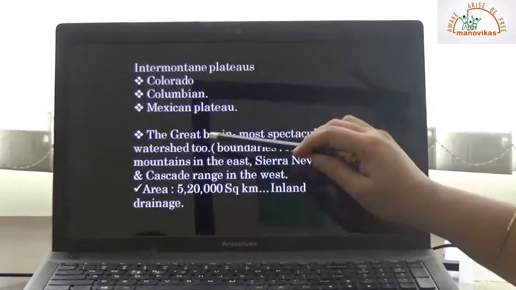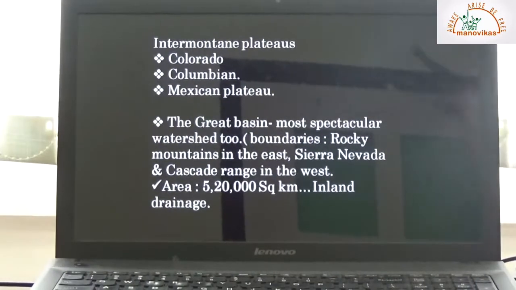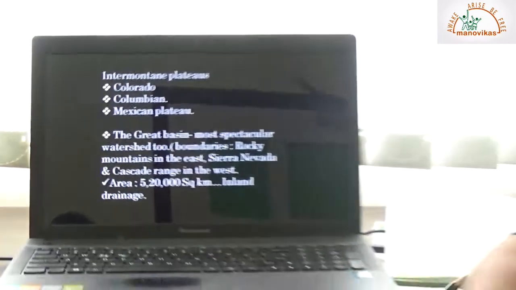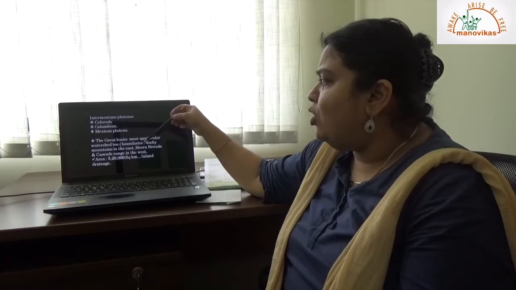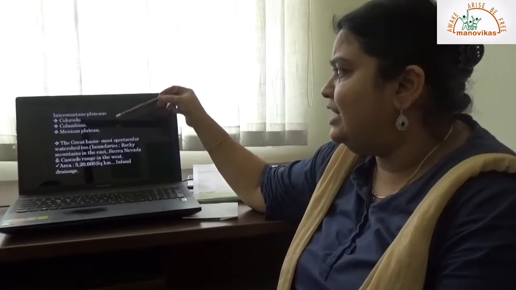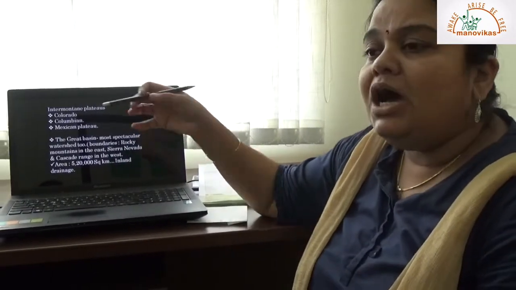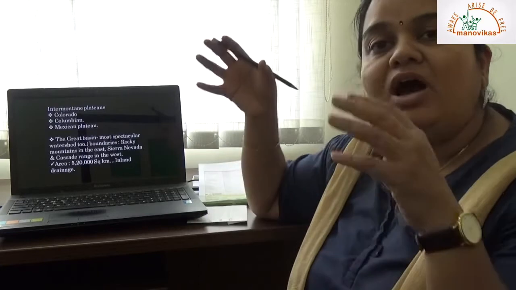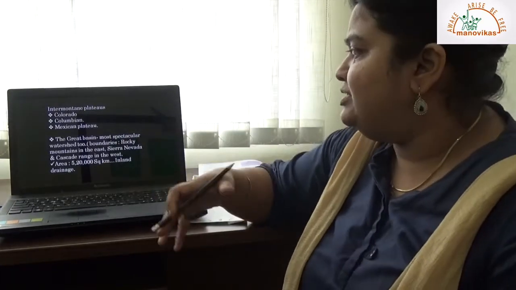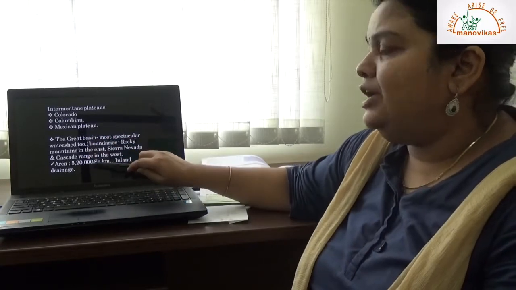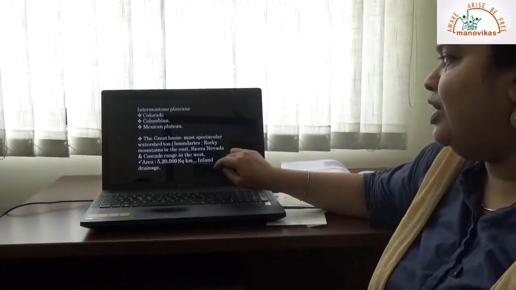Okay, now there is something which is known as Great Basin. Now this Great Basin is again a low-lying area which is surrounded by these mountain ranges and plateaus, and this is bordered by Sierra Nevada, Cascade Range and Rocky Mountains, and it is an inland drainage basin. What is an inland drainage basin? You have a number of rivers moving from the higher elevated areas and moving towards the center. So that becomes your basin, and that covers an area of 5,20,000 square kilometer.